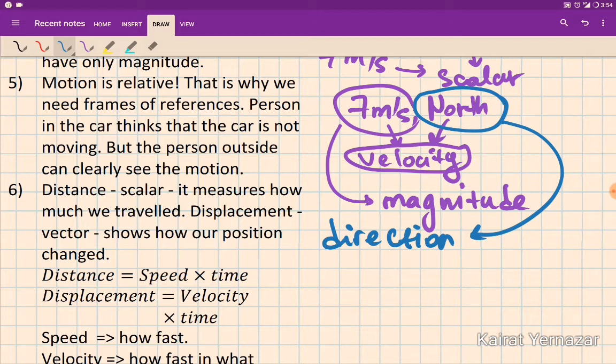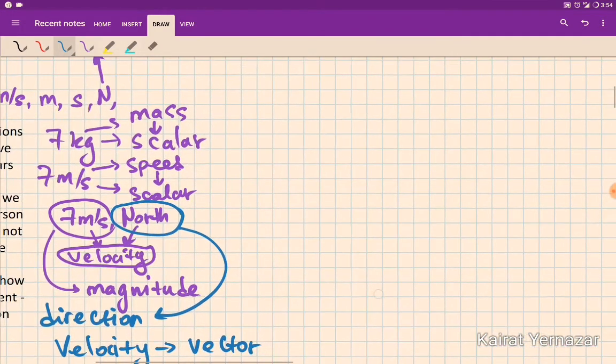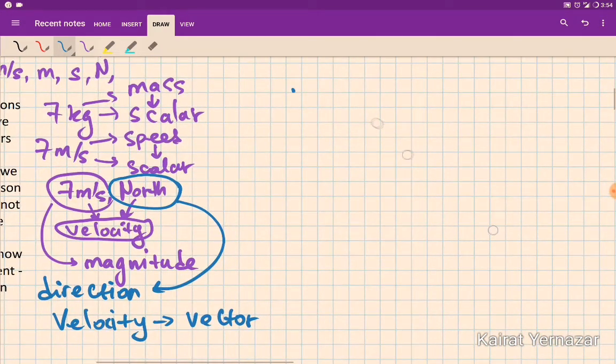Thus, we can say that velocity is a vector. Okay? There are many more examples for vectors and scalars. So vectors can be position,